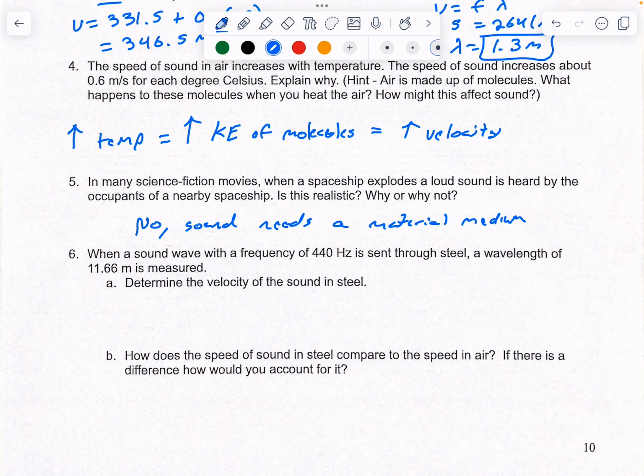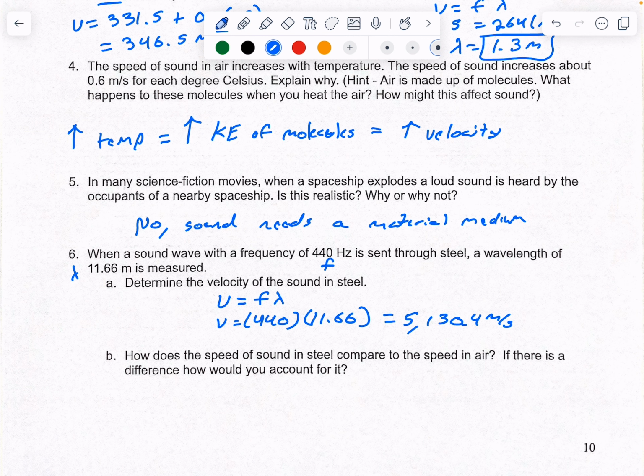Number 6, when a sound wave with a frequency of 440 hertz is sent through steel, the wavelength is 11.66 meters. What's the velocity? I'm going to do V equals frequency times wavelength, so pretty basic math here. So V equals 440 times 11.66. Okay, and we get a whopping 5,130.4 meters per second. Now, if you notice, we're still talking about sound here, and what we've been dealing with